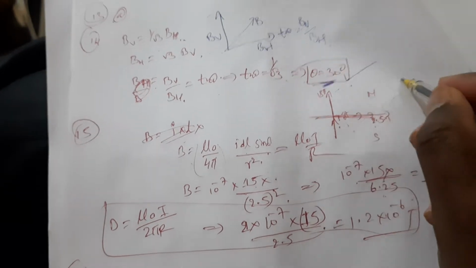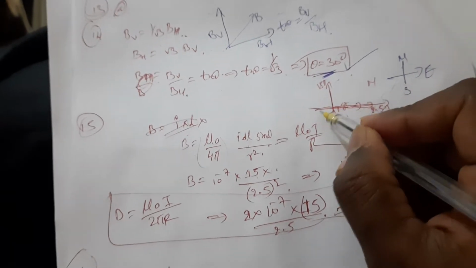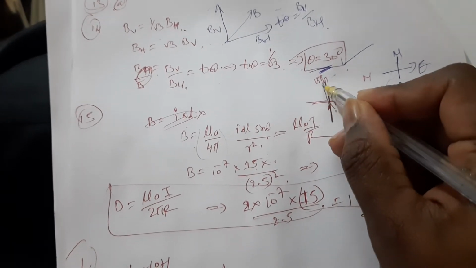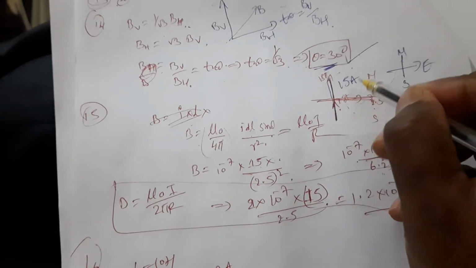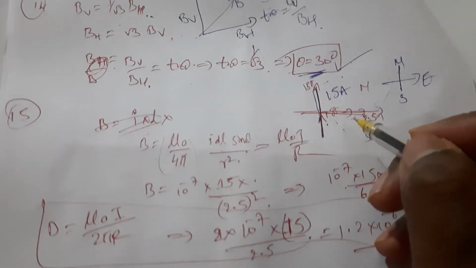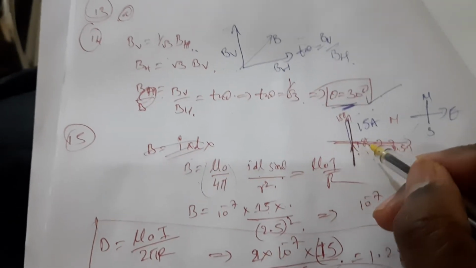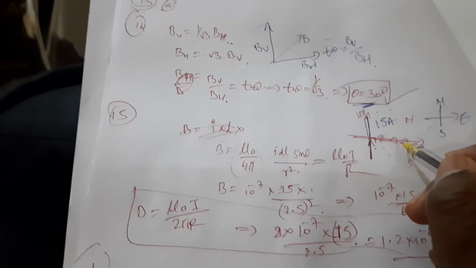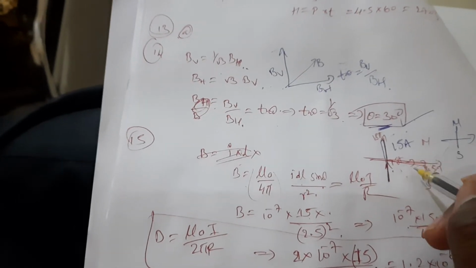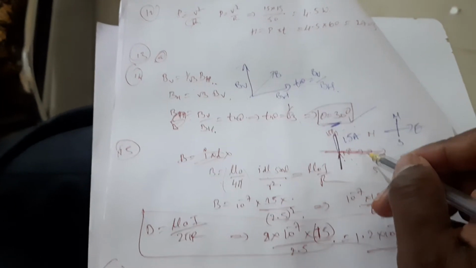So look here. They said that in the north south direction, I have drawn here, this is north, this is south, this is east. So in the north south direction is a current of 15 amperes, right? And with respect to that, you can see here, perpendicular to that, we have the magnetic field, right? At a particular point, usually by the Biot-Savart law, around a wire, if you are considering a closed loop at a point, we will find it by using Ampere's circuital law also.